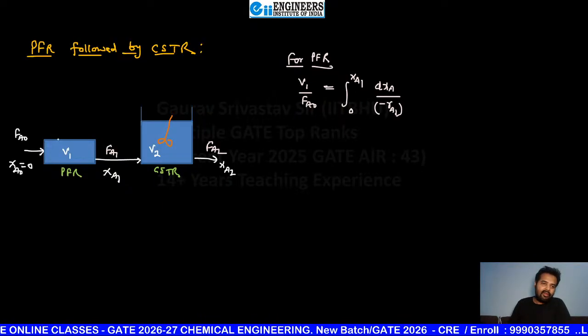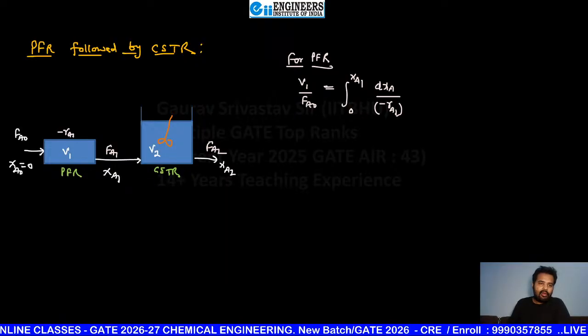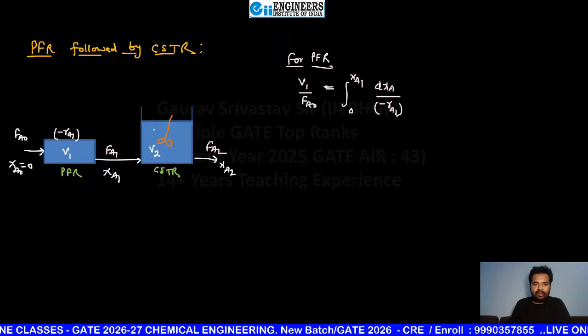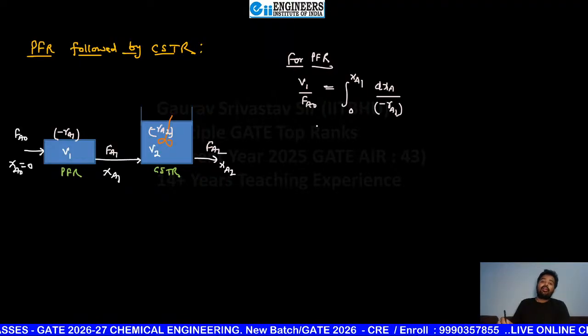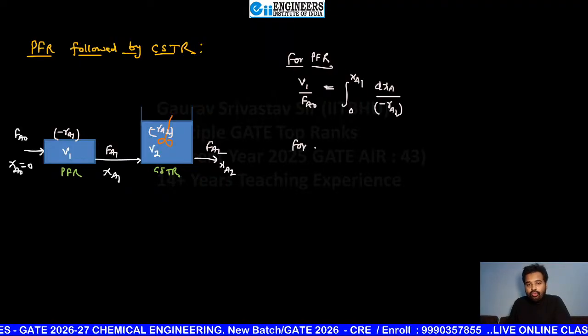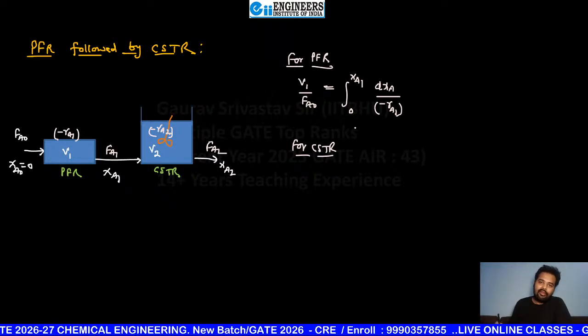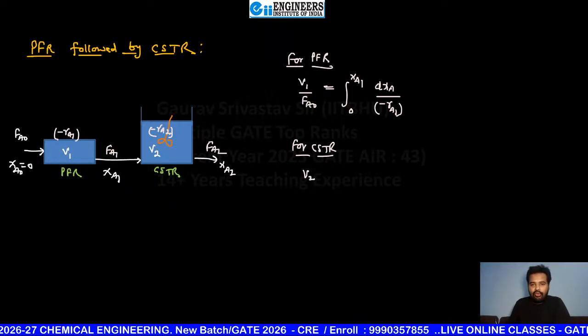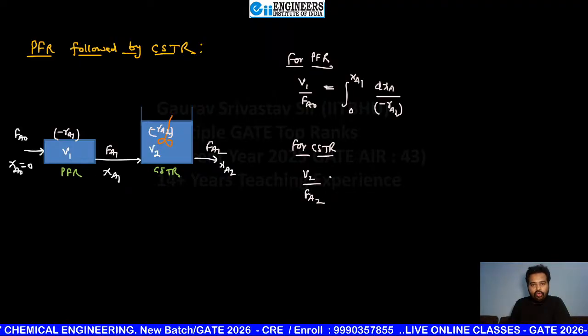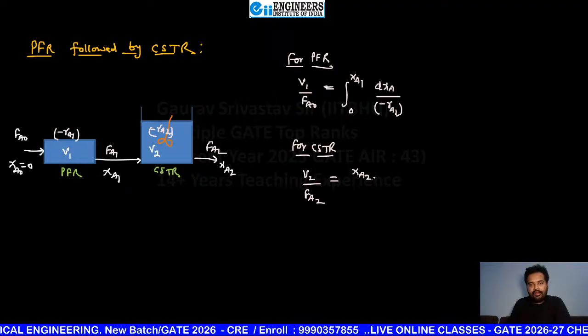Okay, here inside this the rate is RA1 and inside this reactor the rate is RA2. Okay, now if you want to write equation for CSTR, after solving you will get the value of XA1. So for CSTR you have to write V2 by FA2 is equals to,